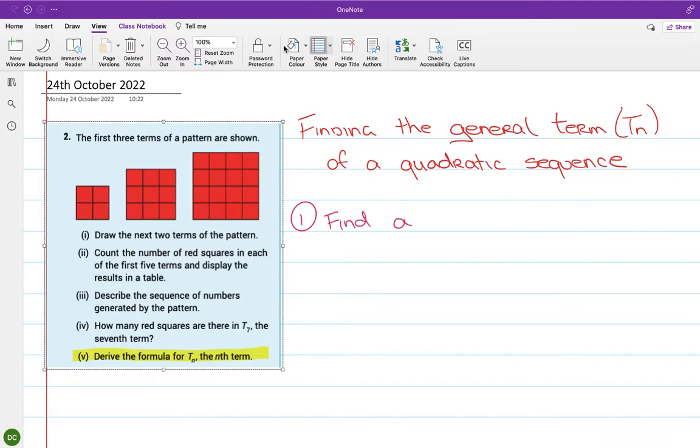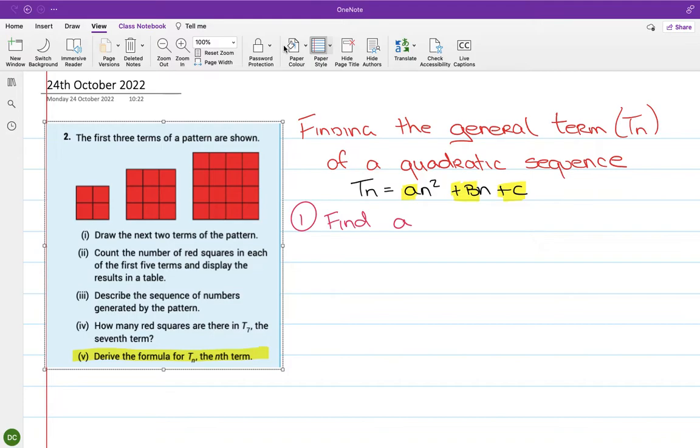Okay, so it doesn't say it in this question. It does sometimes. In this particular question, it doesn't. But the general term of a quadratic sequence has a structure, and it always has the same structure. So it's an squared plus bn plus c. And to find the general term, essentially what we have to do is find the numbers for a, b, and c. And then we have it completed, so we kind of have to fill in the blanks. Okay? So the way we find a,